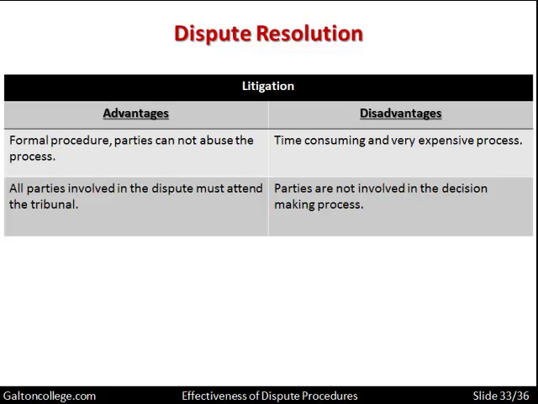All the parties involved in the dispute must attend the tribunal. Typically, litigation is through tribunals, through a small number of people, legal people with authority, who listen to the case on both sides. Sometimes it doesn't take place in a courthouse. It may take place in some offices, but it is a legal process. They listen to the case on both sides, and then they will decide what is right and what is wrong, and give a judgment, and both parties are bound by that.